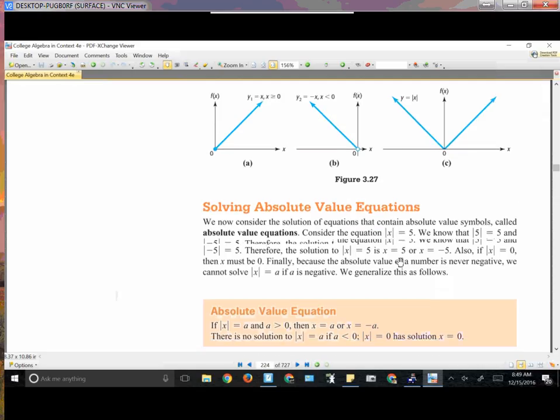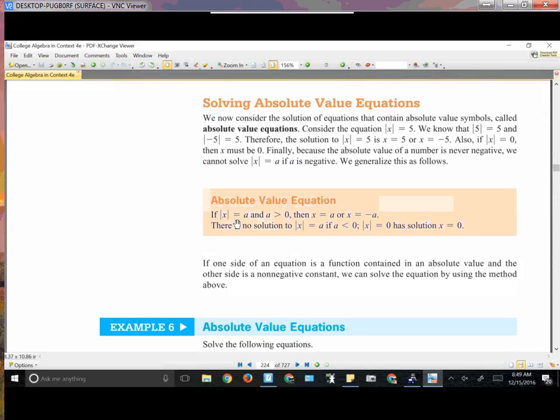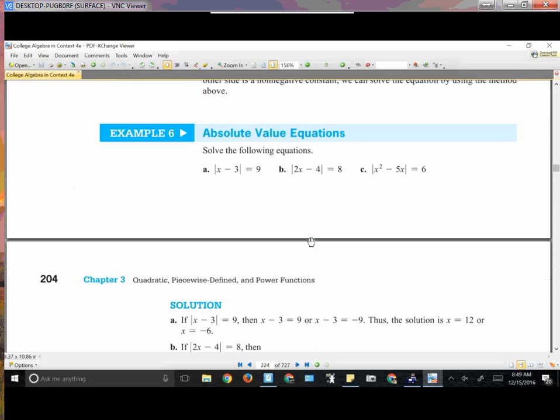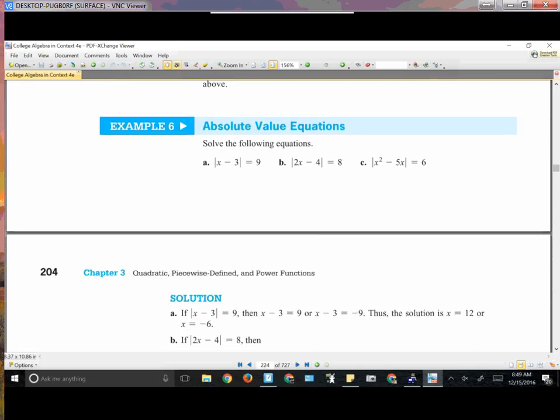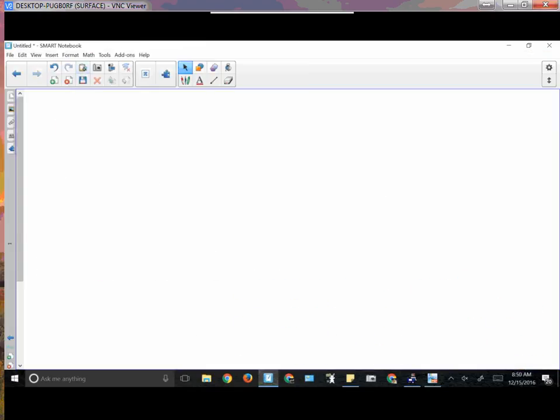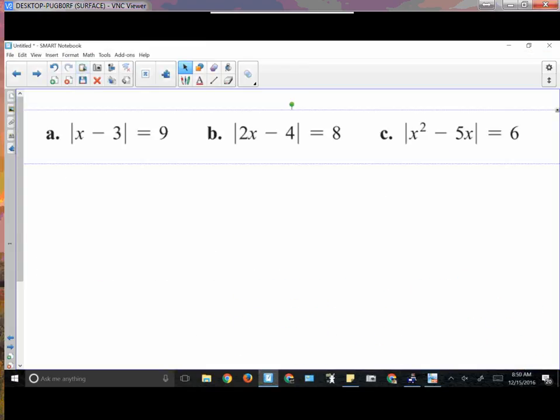So, here's the absolute value equation. They have that up here. So we're going to kind of walk through solving some of these here so you can see what the situation is. So, supposed to solve the following. Now, the idea here is that